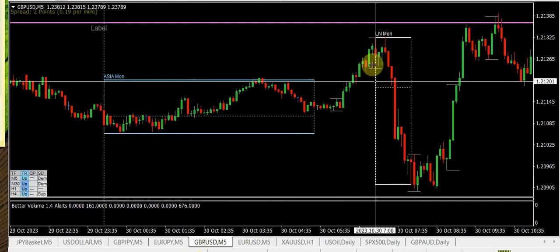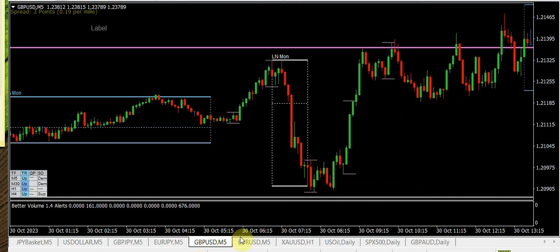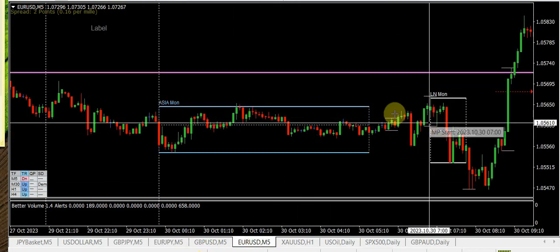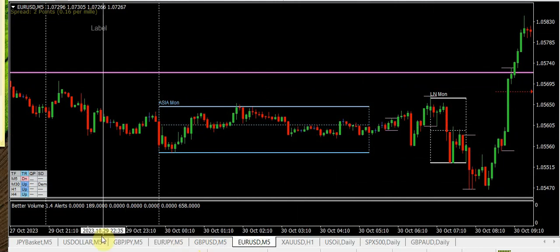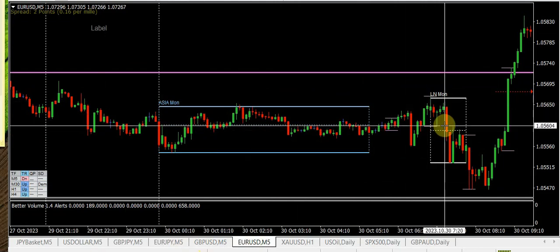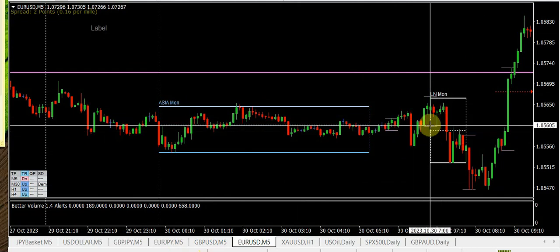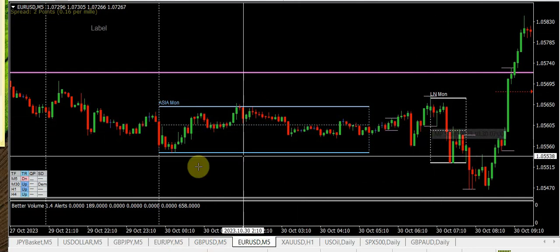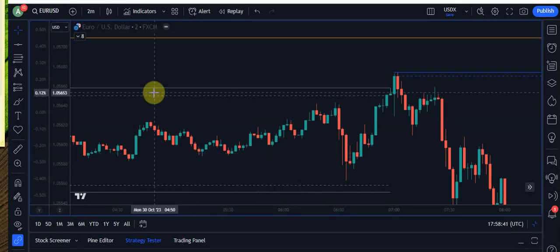Yeah, so 7 o'clock that closes the fair value gap on the GU. On the EU, it's 7 o'clock with this wick that took Asian high. So those two happening together is a good confluence. Problem again on the M5, it's hard to get a good entry, because where is your break of structure going to be? So if we go down to a smaller time frame, this is the 2 minute time